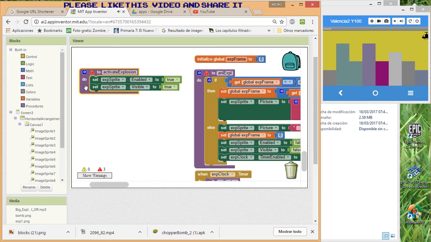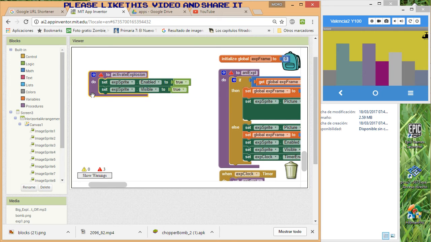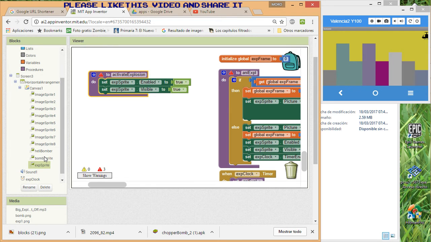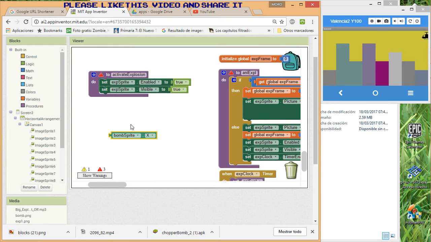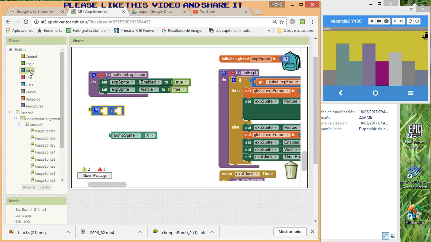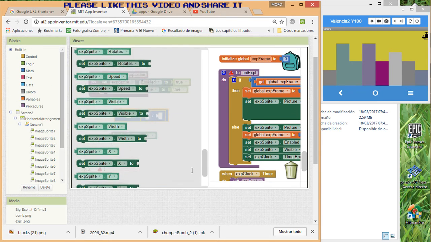Now it's visible. Now we need to place it. To place it, we're going to do almost the same as with the bomb. We need to place the explosion near the bomb, where the bomb makes collision. So that's why we're going to use here bomb sprite X and bomb sprite Y, with just a little modification for the X. We're going to increase the value just by half. I will show you what I mean. And we're going to set the explosion X position